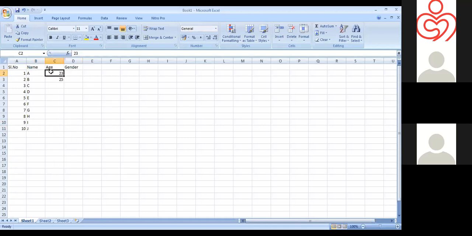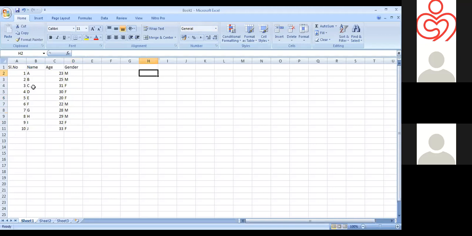And for gender, I have written male, again male, female, female. So suppose this is my data.